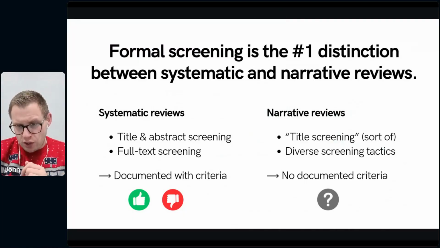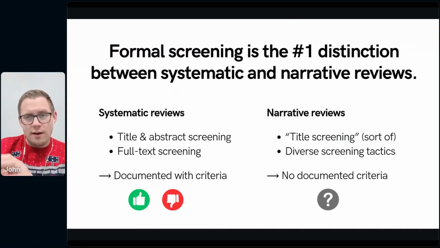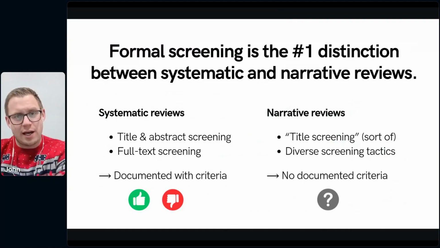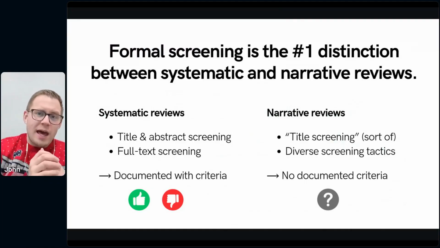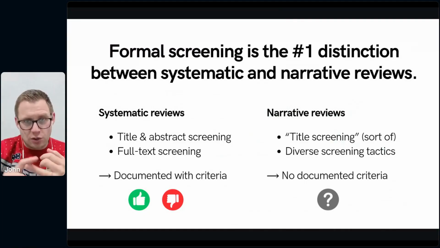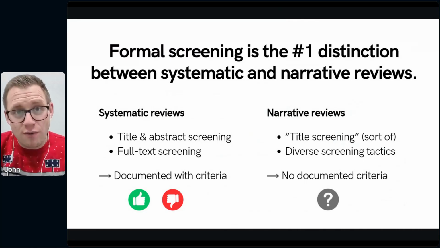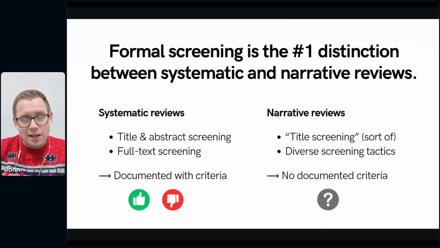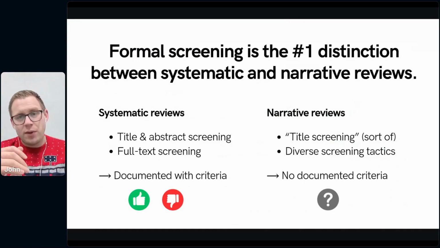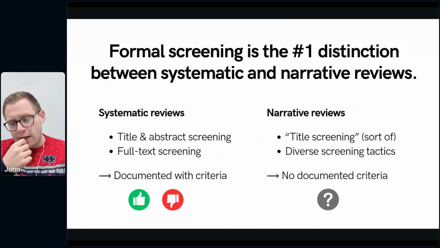There are diverse screening tactics, I would say, once you've got title screening done and you have your papers open. Then how do you actually go through each, in terms of title and abstract or full text screening, to determine what's to be included? There's no formula. Very, very rarely is there a formula. There usually is no distinct title and abstract then full text formula. Instead, it seems to me it's a kind of